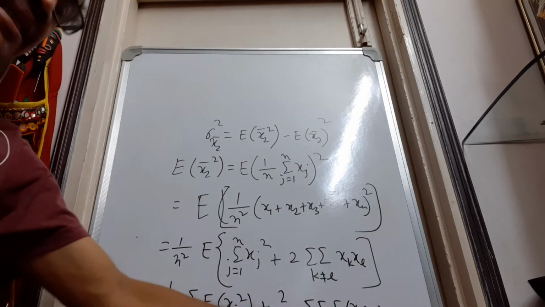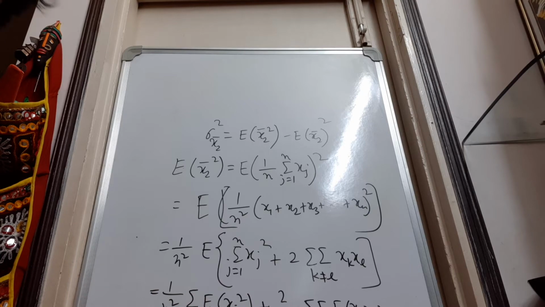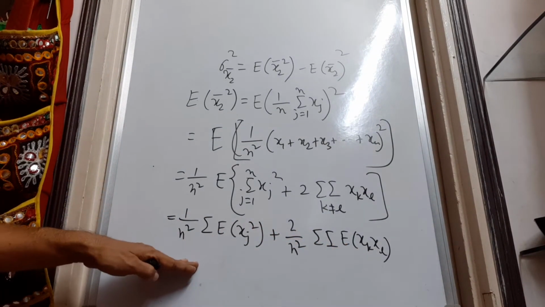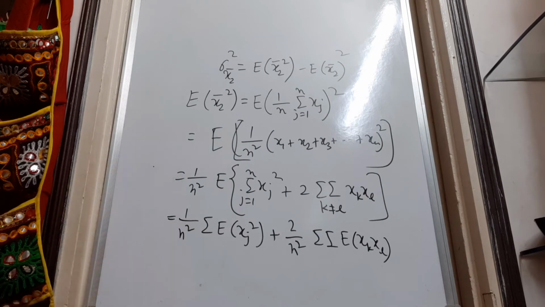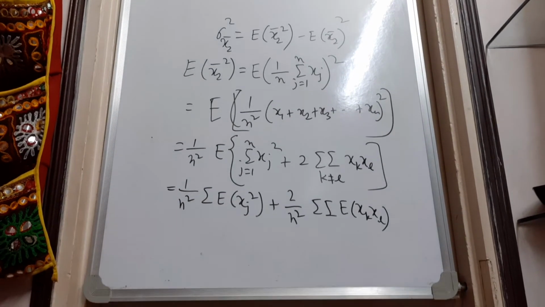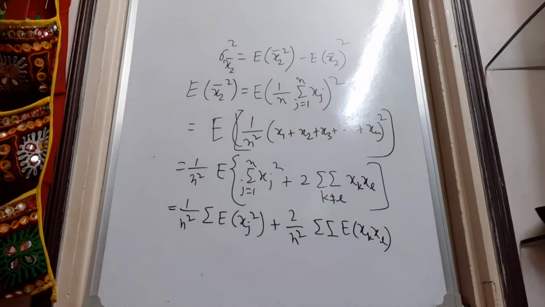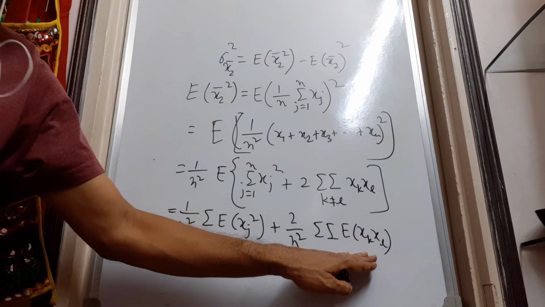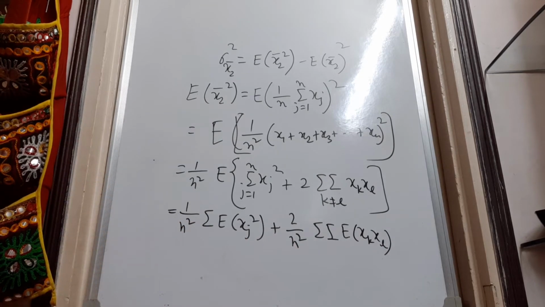Okay, clear up to this point? Now we will have to play a trick. Another trick, we will have to replace this with expectation of xk minus m into xl minus m, which